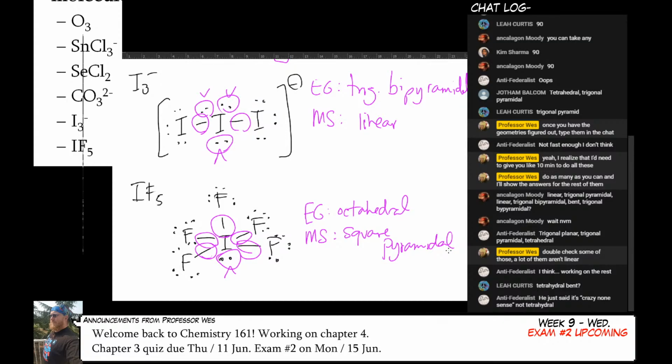All right, there you go. That's shapes. Your task is to draw the Lewis structure of any shape. Tell me its electron pair geometry. And then tell me its molecular shape. And then after that, you're going to tell me if it's polar or nonpolar and what direction. But we haven't done polarity yet. That's going to be for after the break.